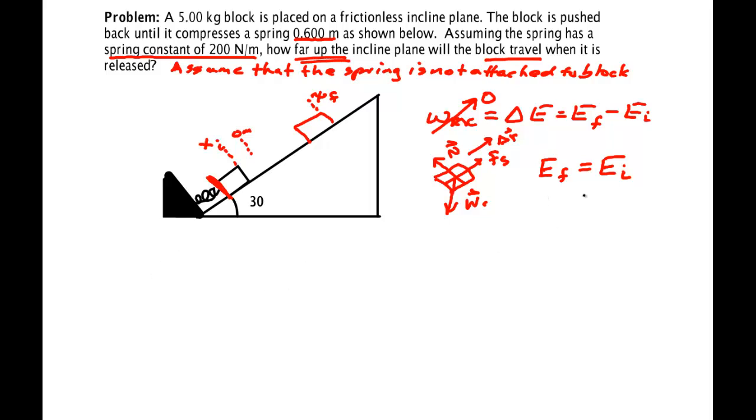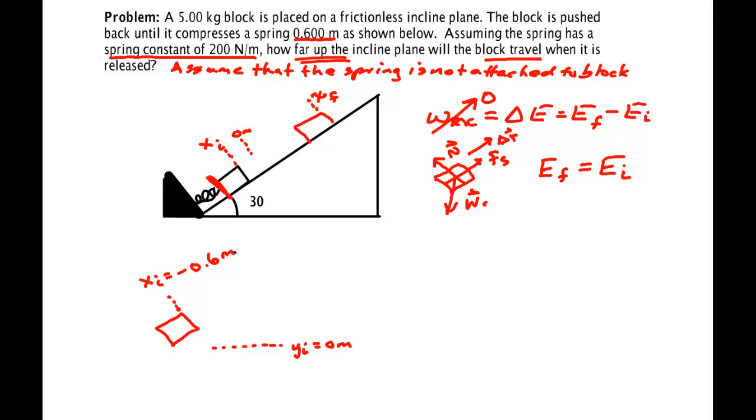Now, in working one of these final versus initial, you need a couple of drawings. I like to call them before and after pictures. They're kind of like those Weight Watchers commercials. So here's the block initially, and it's at some location. And because gravity's in this problem, I'm going to say its initial y position is 0. And I have to give it an initial x position. It says that it's compressed 0.6 meters. So that's minus